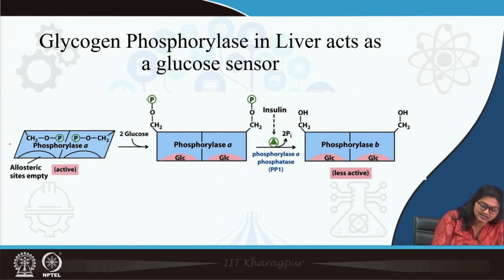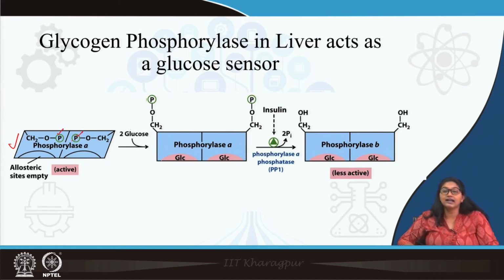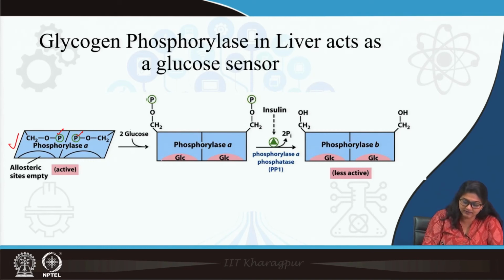So, activated phosphorylase actually has an allosteric site where glucose can bind. Now, you can see these phosphorylated residues are buried inside the molecule. When glucose binds in this allosteric site,